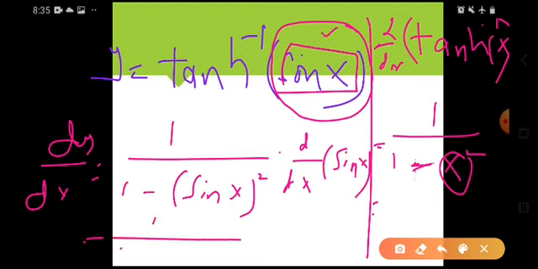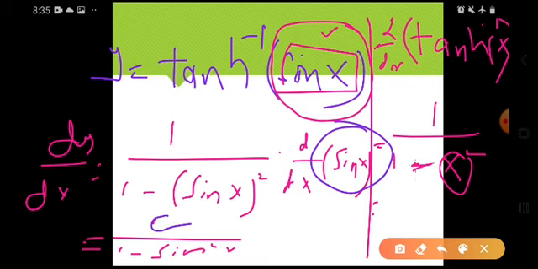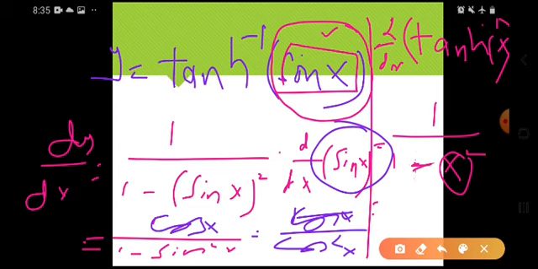Let us check the answer. 1 divided by 1 minus sine square of x, मतलब zero simplification, nothing else. Okay, what is the derivative of this sine of x? Is simple sine of x है, not hyperbolic. So it is cos of x. Okay, now cos of x divided by 1 minus sine square x. What is 1 minus sine square x? We all know it is cos square x. So cos x divided by cos square of x, a cos cancellation हो गई. So the answer is 1 over cos x, which is secant x. This is your answer of dy by dx. I hope there is no confusion left.